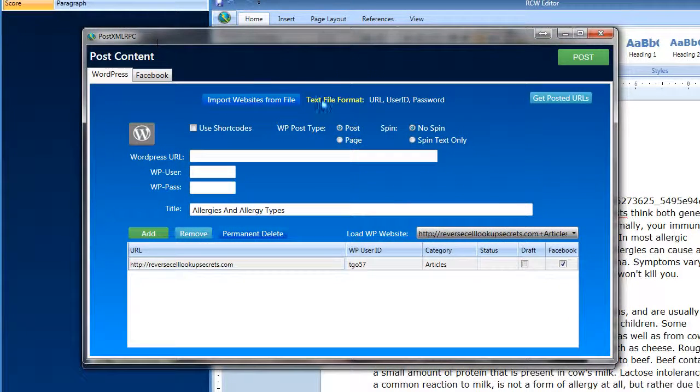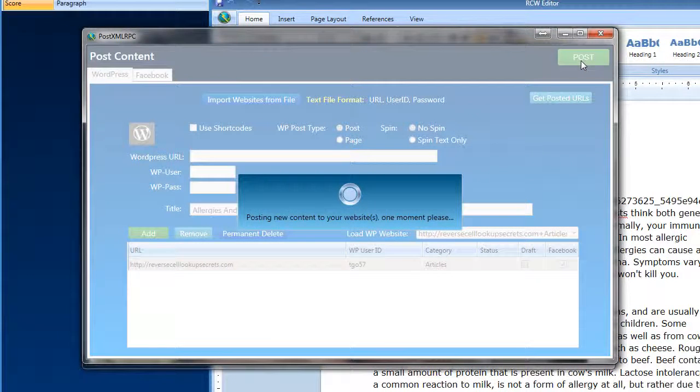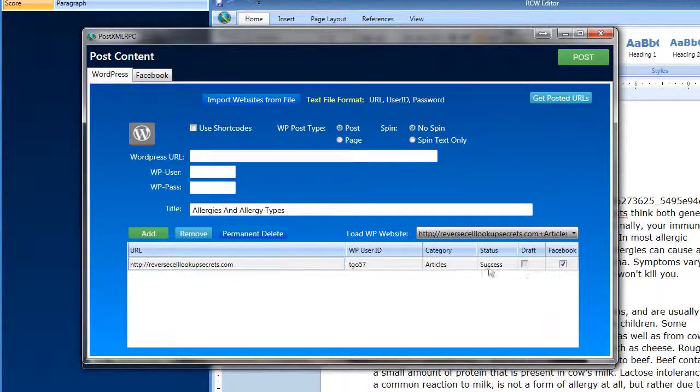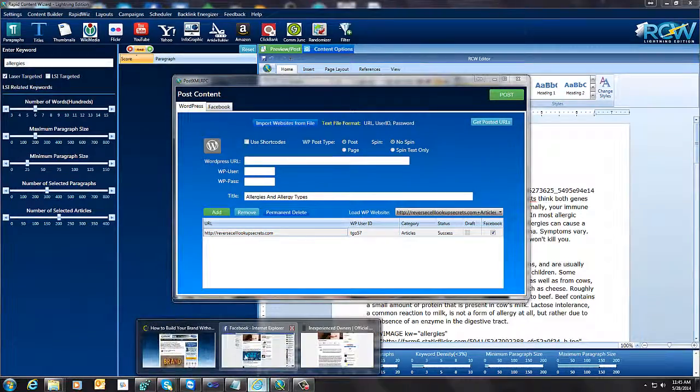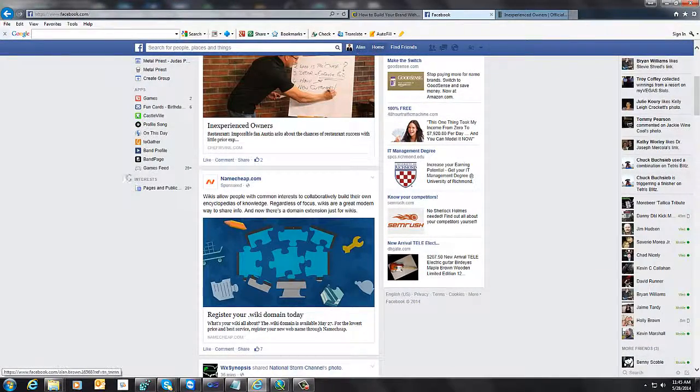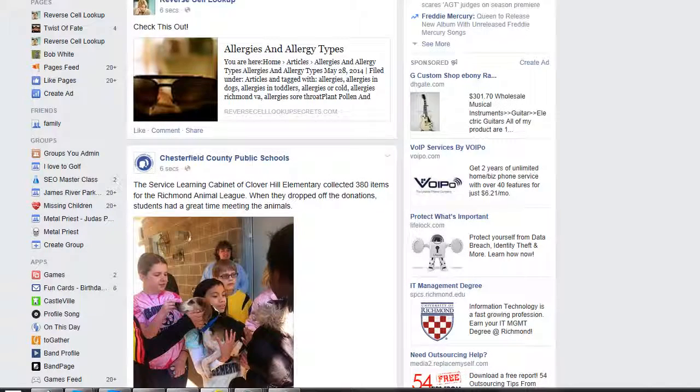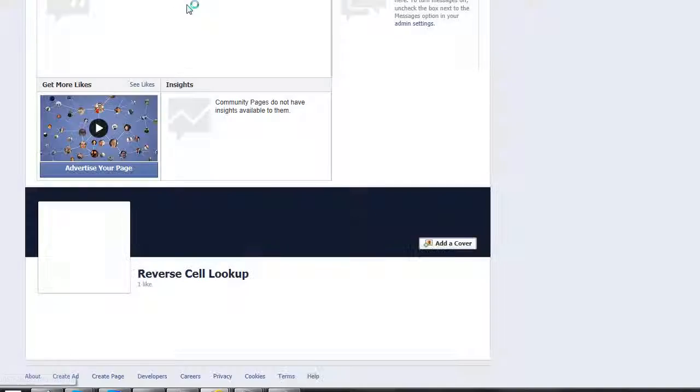So what I'm going to do now is I'm just going to click post. And this doesn't take very long. Okay, and it's done. Its status is done. So now I'm going to go into my Facebook account, which is already up, and I'm going to come up here, and as you can see, this is what we just posted 6 seconds ago. You can see that it says check this out, allergies and allergy types. Now if I go to this fan page, I'm going to go over here,